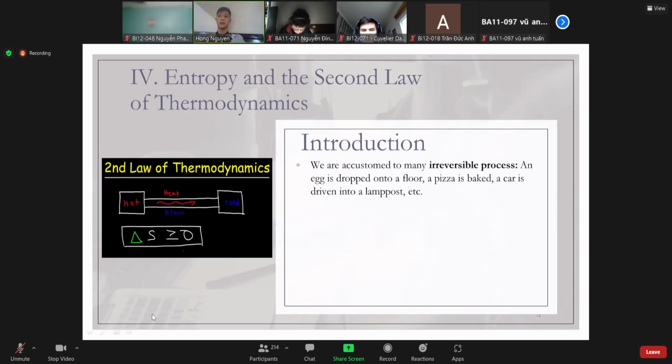Or when we bake a pizza, there's no way we put the cooked pizza back into the powder, into the ingredients again, right? Once already cooked. Or when we drive a car and we hit a lamp post, there's no way we can put our car back in the initial state before the accident happened. We know it,